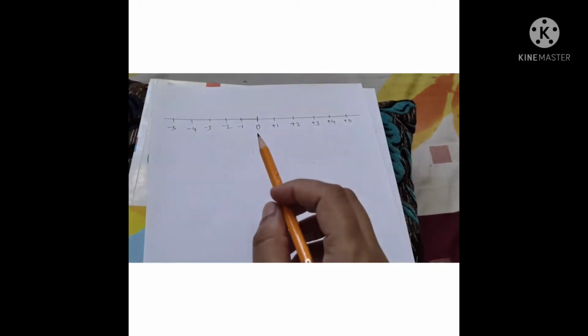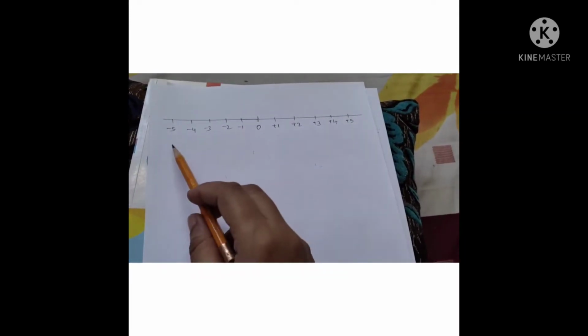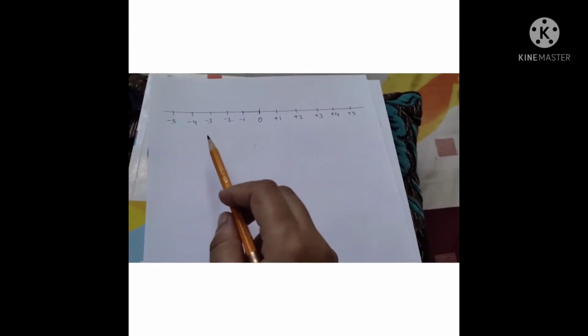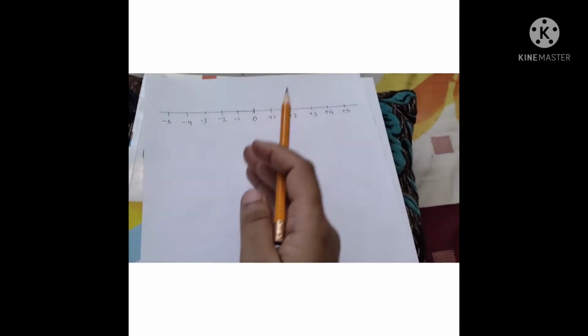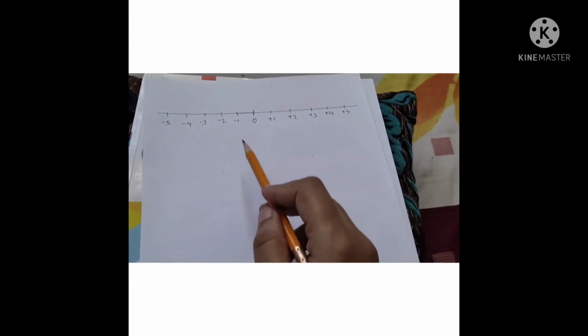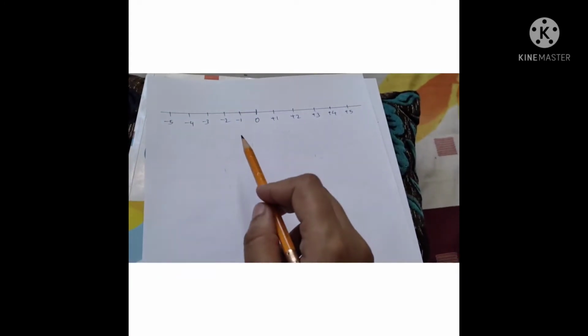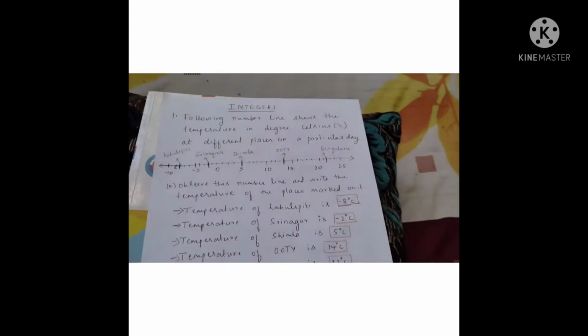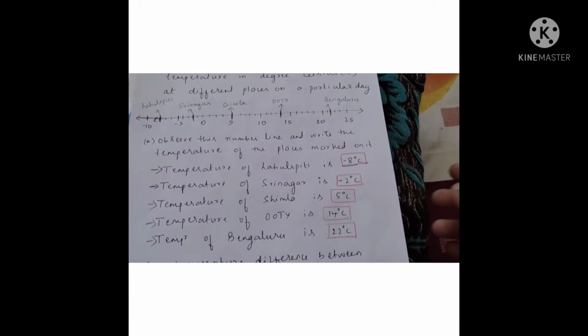Similarly, keeping this logic, can you tell me, if I take the numbers -5 and -1, which is the bigger number? The logic was that the number to the right is the bigger one. So which number is at the right, -5 or -1? -1 is to the right, so -1 is bigger than -5. Also, among negatives, the numbers which are close to 0 are bigger. You have to keep this in mind. By keeping this logic in mind, let's move on to the exercise questions.